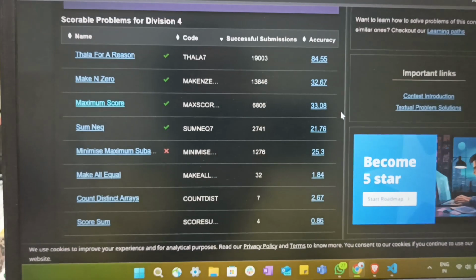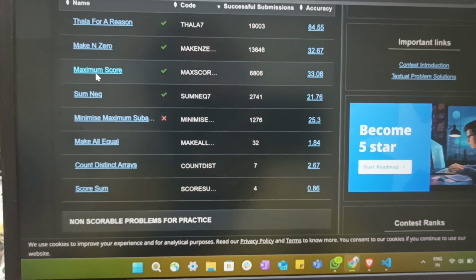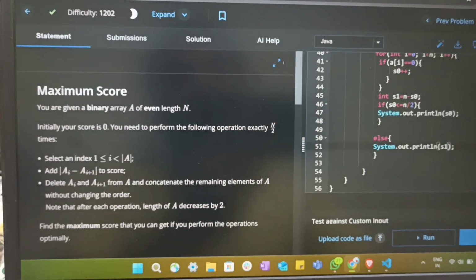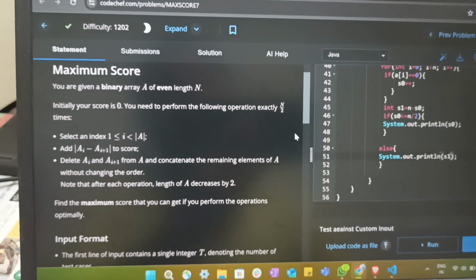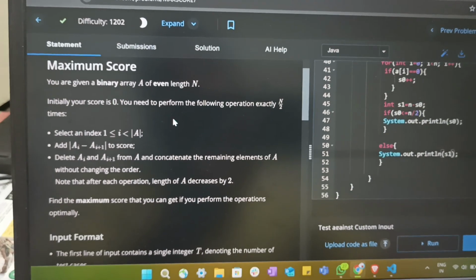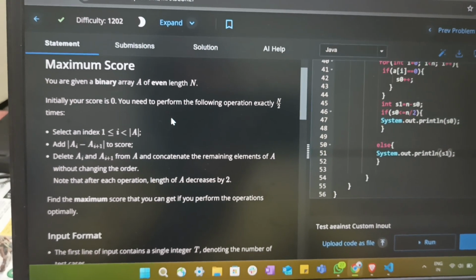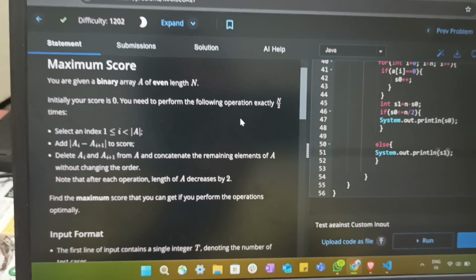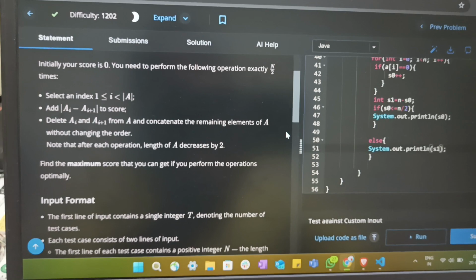Today I am going to solve a question on status 113. The question is maximum score. Here the question says you are given a binary array of even length and initially your score is 0. You need to perform the following operation exactly n by 2 times, and the operation is you can choose an